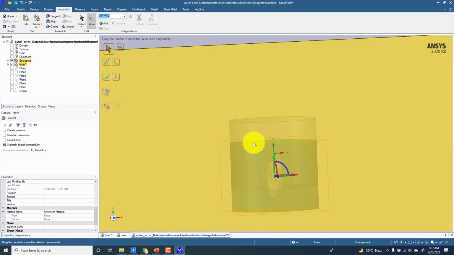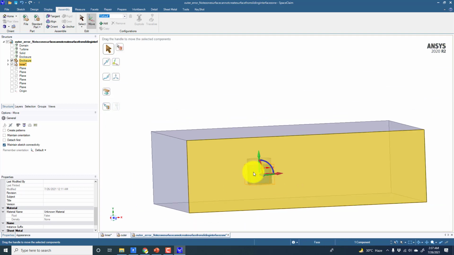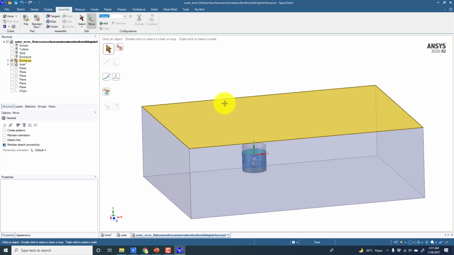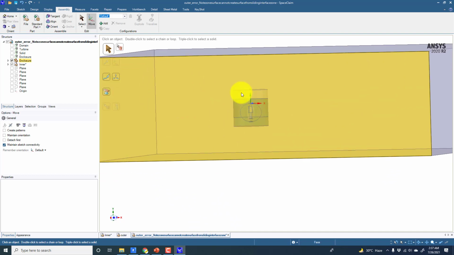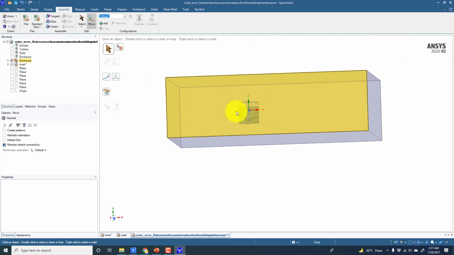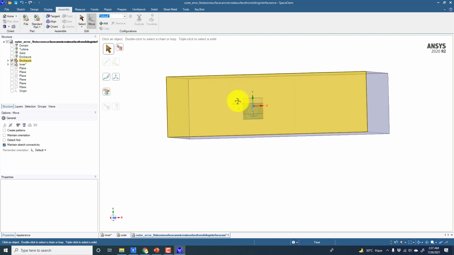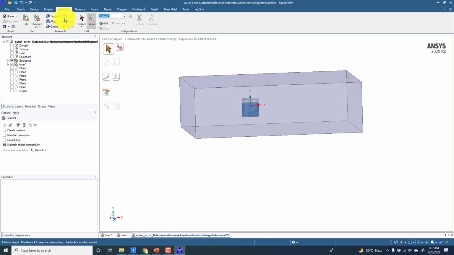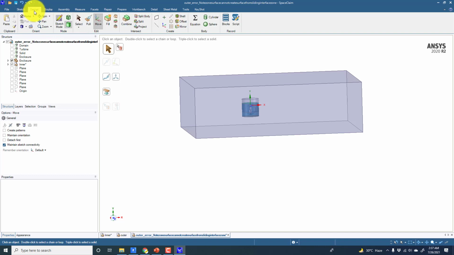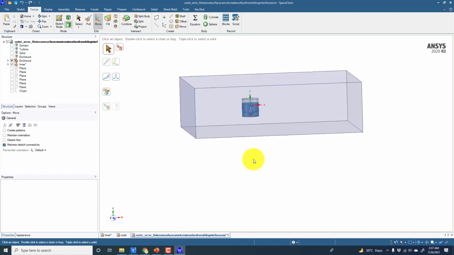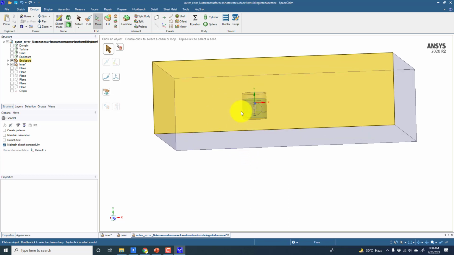The problem is that while I was making the two domains and applying some operations, for some reason this domain is translated in the y direction, maybe the inner domain or maybe the outer domain. So the solution is very simple. You just have to go to Design, and then to the Move command. But before that, I would recommend hiding these two surfaces so that we can select the geometry from inside.